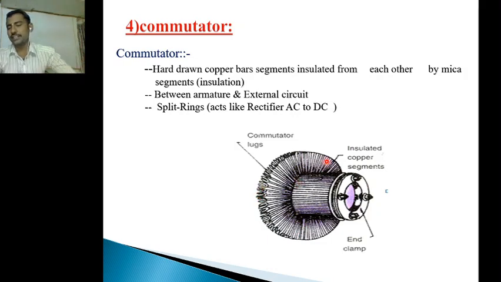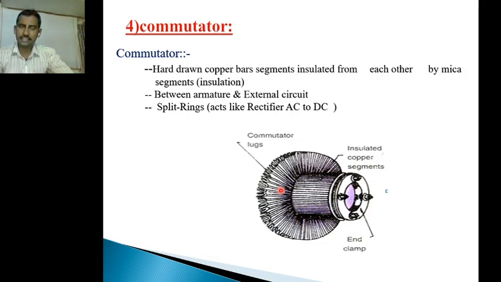That means in the case of the DC motor, we give the DC supply. For providing the field, we need AC supply, so definitely that DC has to be converted into AC. That mechanism is taken care of by the commutator itself. So the commutator acts as a rectifier in the case of the DC generator and an inverter in the case of the DC motor, and it is normally made up of mica material, and the operation of the commutator we will see in our future classes in detail.